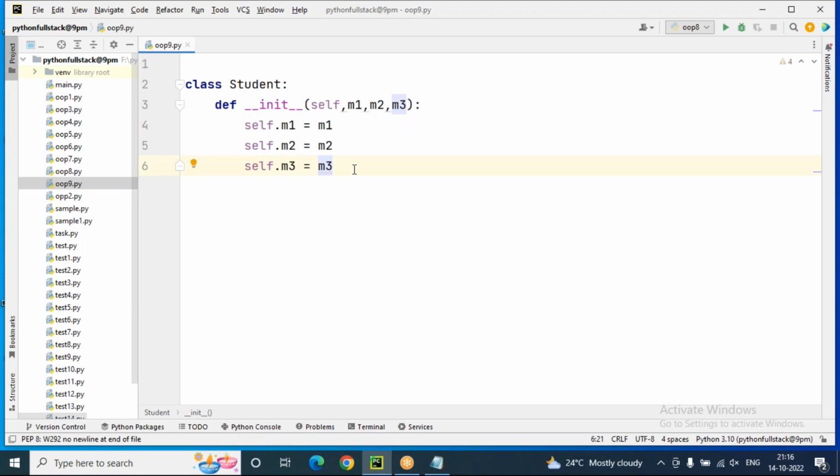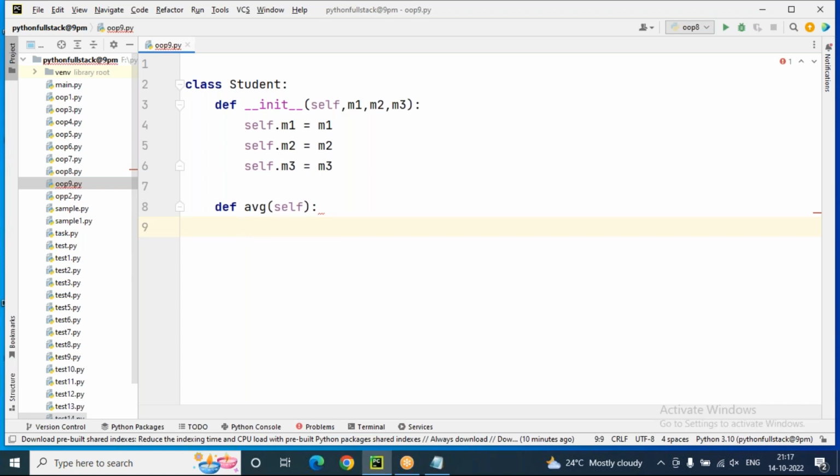Now I want to calculate the average marks of the student. So let's create an average method. But this avg method is not a built-in method. It's our user-defined method, sir. You can take any name for the method. But this method is actually an instance method. Simply you can identify the instance method: whenever we declare a method with self, that is called an instance method. And moreover, inside the instance method, we have to access instance variables like